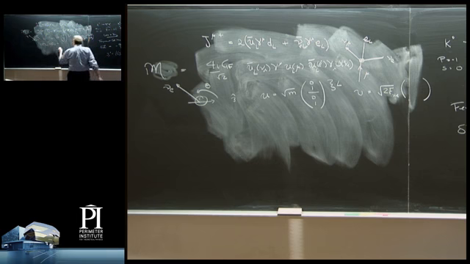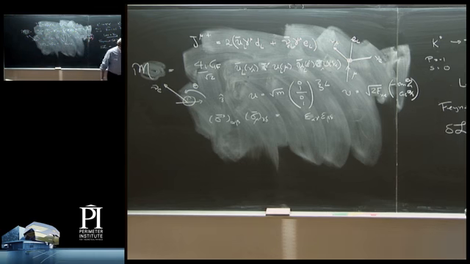So this must be proportional to a scalar in the left-handed indices, a scalar in the right-handed indices, and an appropriate constant, which turns out to be 2. That makes evaluating this expression a lot easier. It becomes 8i over the square root of 2, G_F,